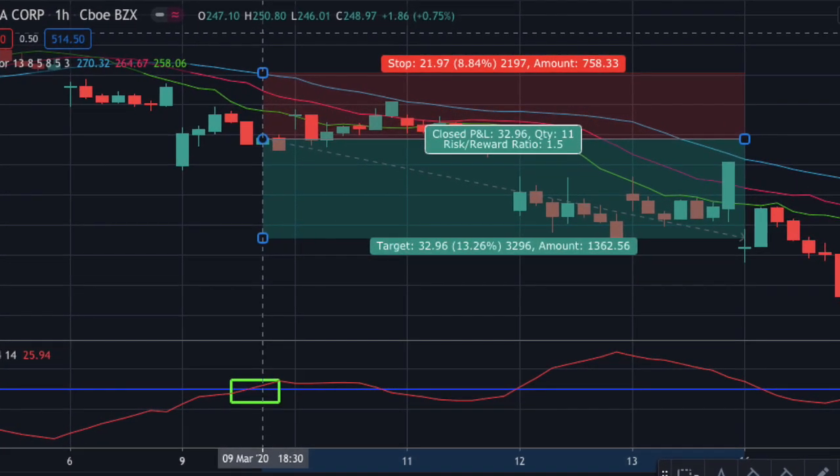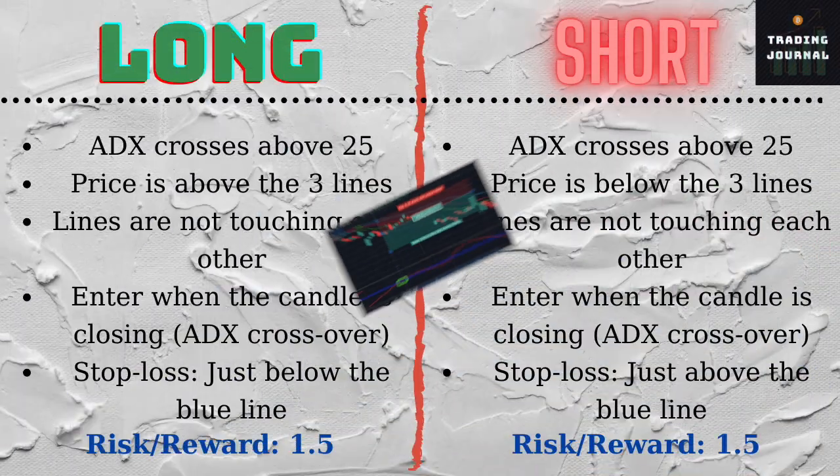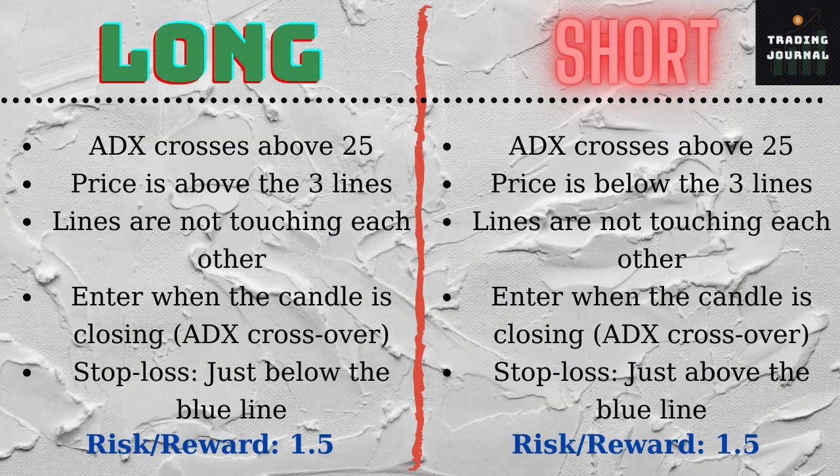And in the short setups, our stop loss will be slightly above the blue line. Our risk-reward ratio will be 1.5. So if we risk 1R, we will try to make 1.5. It is okay if you didn't understand anything from these rules. I will give some examples now, and I believe you will understand perfectly after the examples. Before I move on to examples, you might want to stop the video and take a screenshot of our rules, so you can follow me easily.